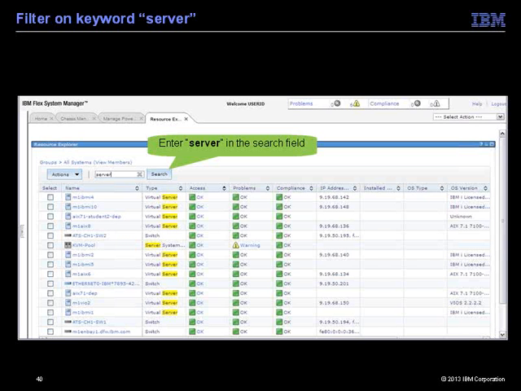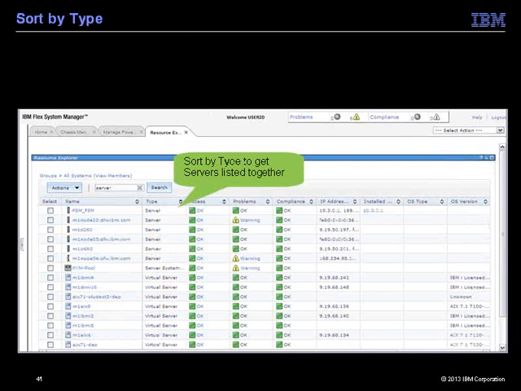So we're going to select the search field there, search on server, and we'll see both virtual servers and servers appear in there. And we also have a server system pool in there. And then we'll go ahead and sort by the type, and we want to group together all the servers. So the servers, for lack of a better term, are the nodes that are actually inside the chassis. We see we have the virtual servers down at the bottom. The virtual servers are the LPARs, or the VMs. So we're going to delete the server endpoints. We're going to leave the virtual server endpoints.